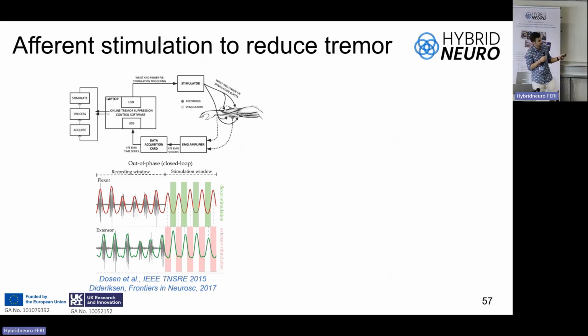We always focus on the wrist, it's easy. And to measure the surface EMG, and you have this out-of-phase activity between both of them. And then you can predict when the tremor cycles will happen because when you stimulate, you have a stimulation artifact and the EMG quality can be completely gone. And then you can set the stimulation for a few tremor cycles and stimulate out of phase, trying to engage